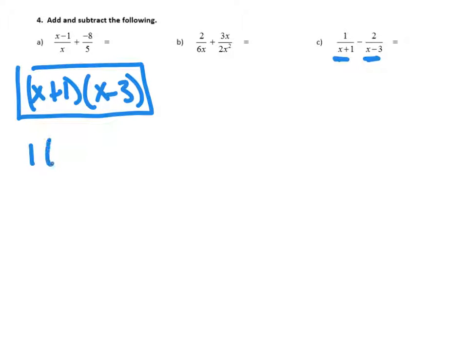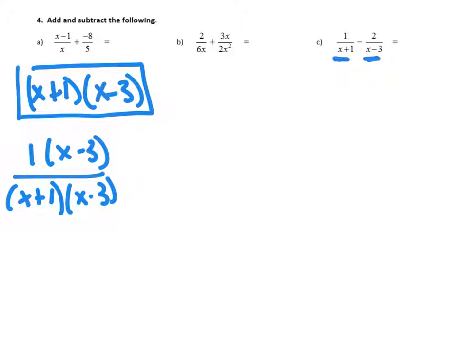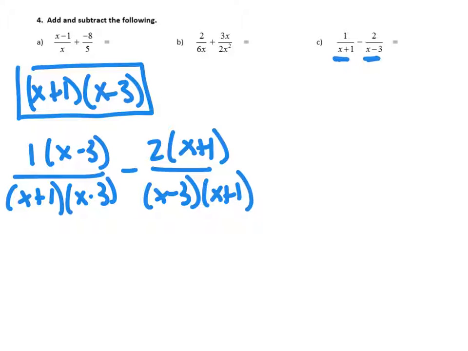So what you're going to do is multiply this side by x minus 3 to get x plus 1 times x minus 3. And then we're subtracting 2 times x plus 1, because I'm going to multiply this x minus 3 by an x plus 1. Because those denominators are the same, this denominator and this denominator are the same, so then we can combine the top. We would get x minus 3